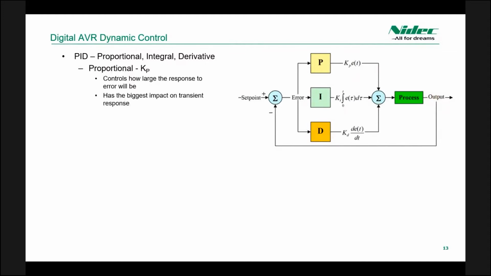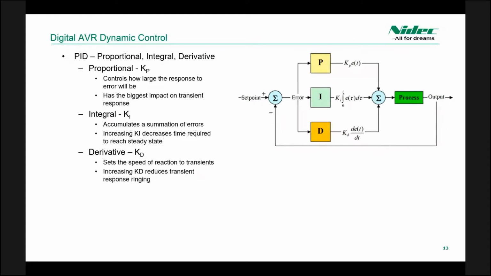So, like I said, P stands for proportional, and is typically represented by a KP, and the KP gain will control how large the response to the error will be. This setting has a major impact on transient response. I stands for integral and is usually represented by Ki. This parameter takes a sum of the errors to get an idea of the total amount of error occurring and the trend of the error. This gain is mostly used to correct steady state error so that when the generator is sitting at the rated voltage, it doesn't just keep fluttering around the set point.